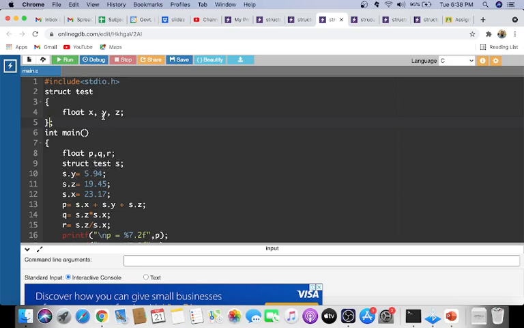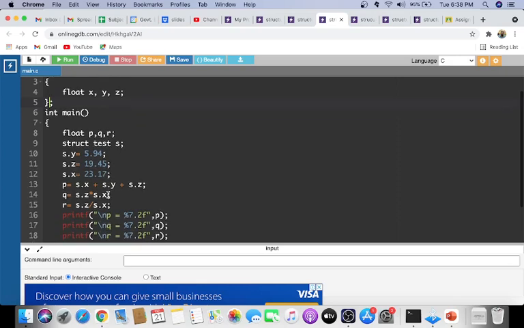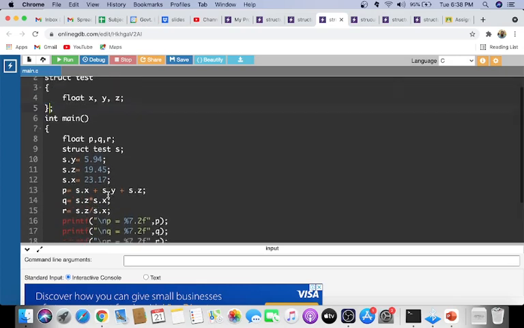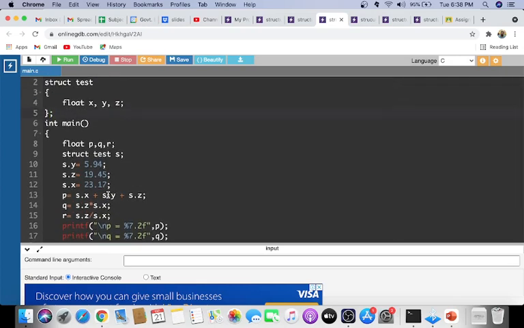Now if I want to access the elements, I am assigning some values to these elements. So s dot y is 5.94, then s dot z is 19.45, then s dot x, I am assigning 23.17. Now you can do the ordinary arithmetic operations on these variables. If you want to add x plus y plus z, it is possible.